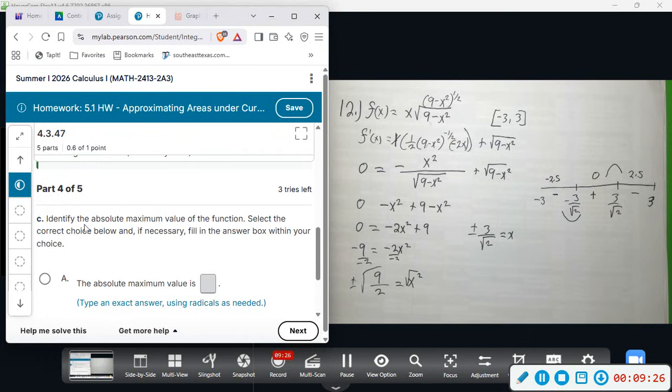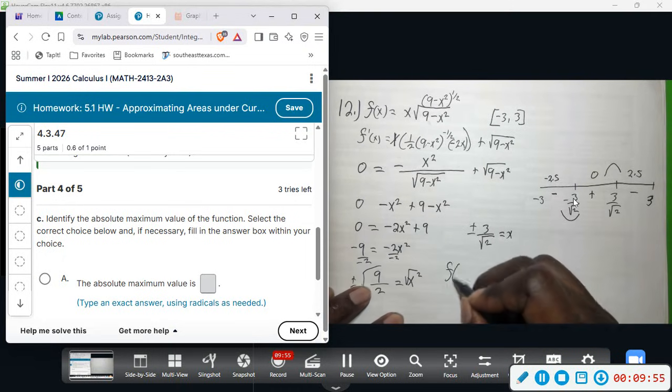All right, so we're going to identify the absolute maximum and minimum value of the function. And so in order to do that, we will just plug in these values. I'll do a couple by hand. We want to find the absolute maximum. So I'm going to test this point and I'll test the endpoints and find out what's the highest value. So going to our original function,